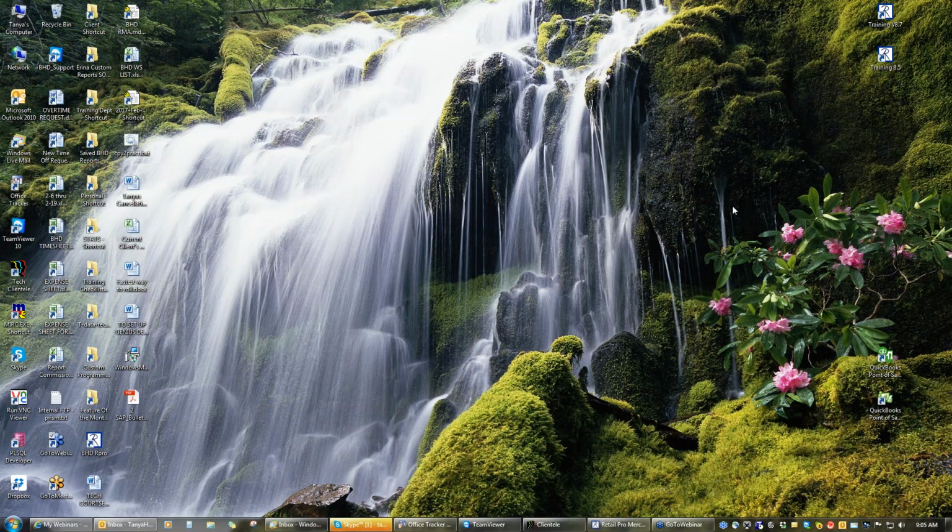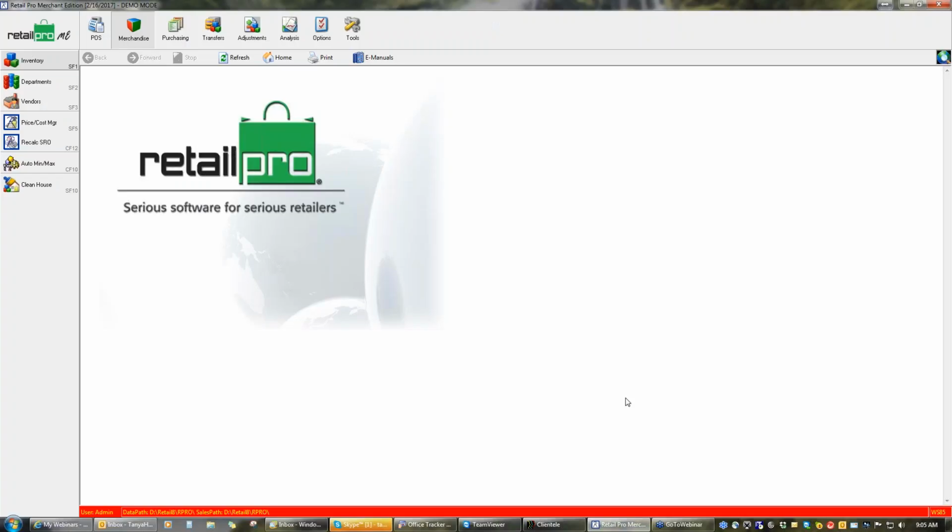Auto Utilities in version 8. So I'm going to go ahead and bring up Retail Pro. Okay. Now, Auto Utilities in 8, most of them start off with the auto min-max or with a min-max being